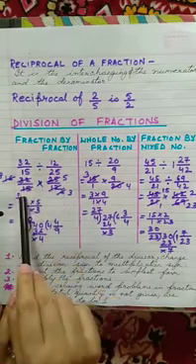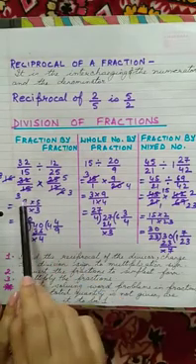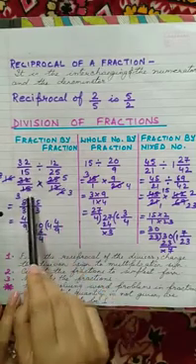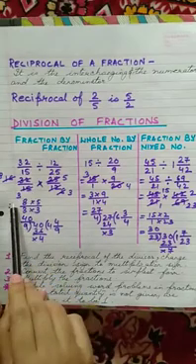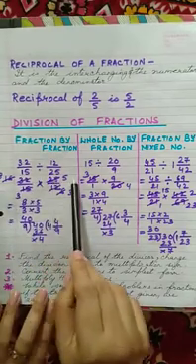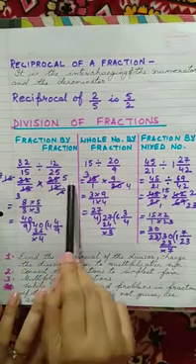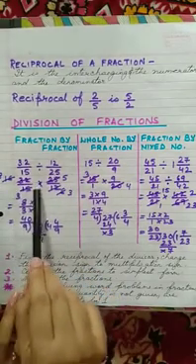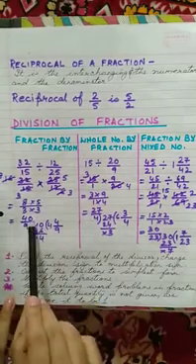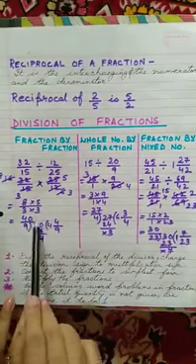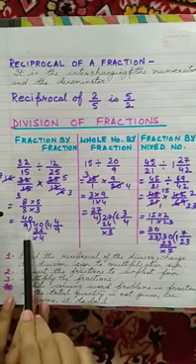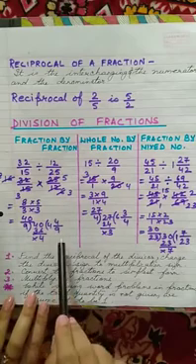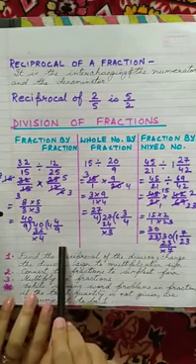2 8s are 16, 2 3s are 6. We do these two now with 5. 15 and 25. 15 divided by 5 is 3. 25 divided by 5 is 5. So in the numerator we have 8 into 5. Denominator we have 3 into 3. So that is 40 by 9. Now this 40 by 9 is an improper fraction. So we change it to mixed fraction and get 4 4 by 9 as the answer.